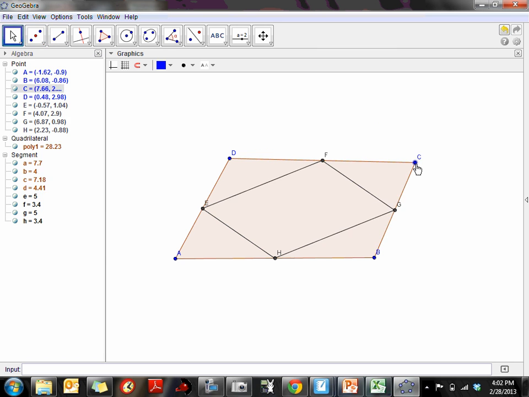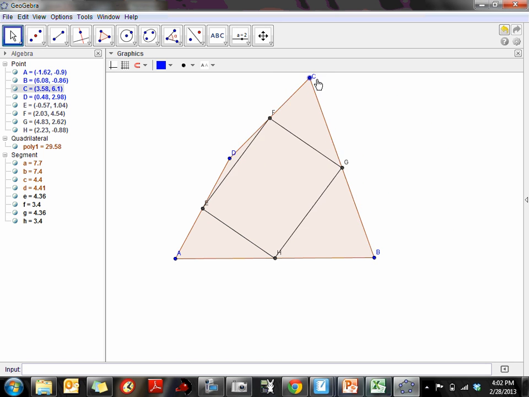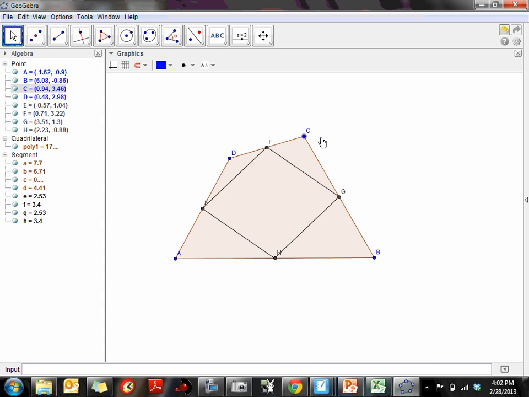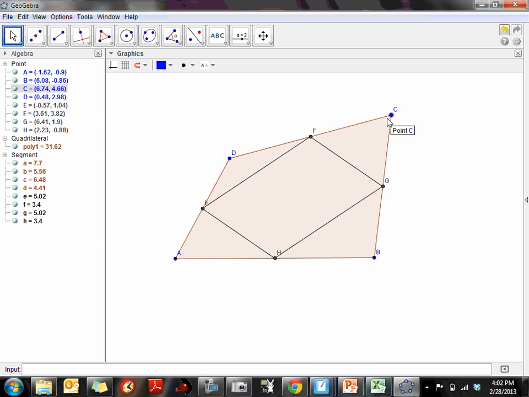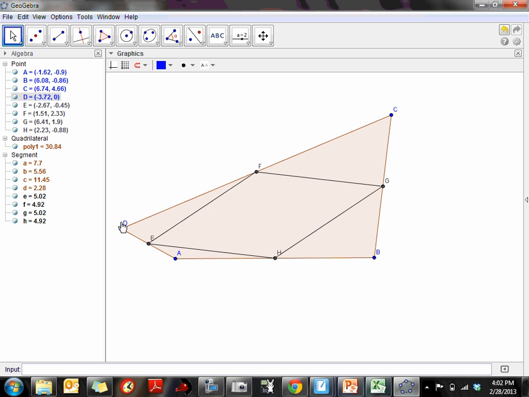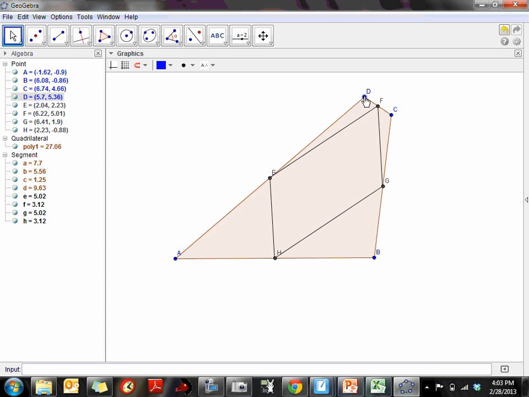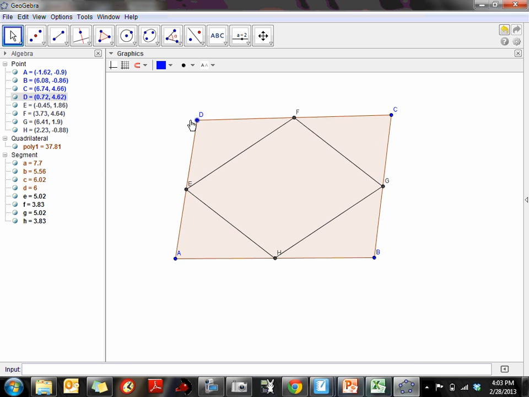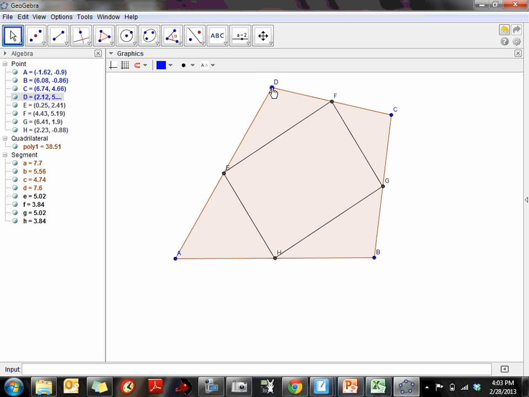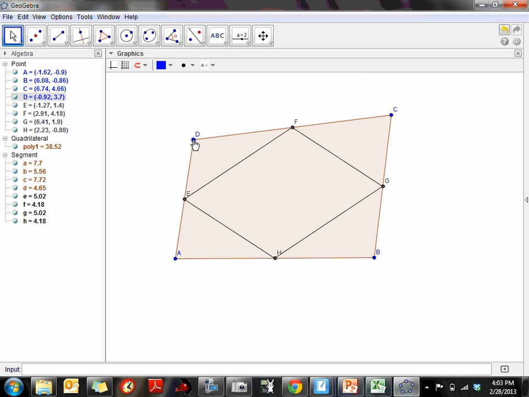in the middle. So regardless of the figure that I change my original quadrilateral to, and obviously if I get too extreme, it gets a little bit funky looking, but if I keep it in the general context where it's a nice convex polygon, then the figure that's inside of there appears to be something we've been studying here lately, and that would be a parallelogram. So sometimes it looks like a rhombus, other times it looks more like a rectangle, other times we probably could make it look like a square, but in any case,